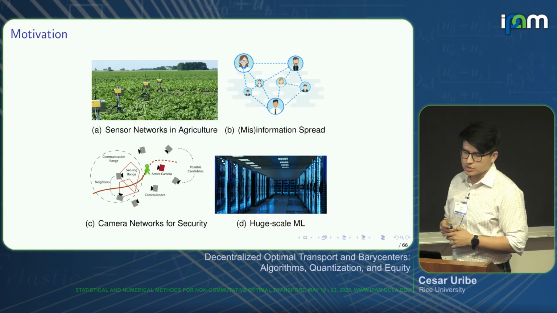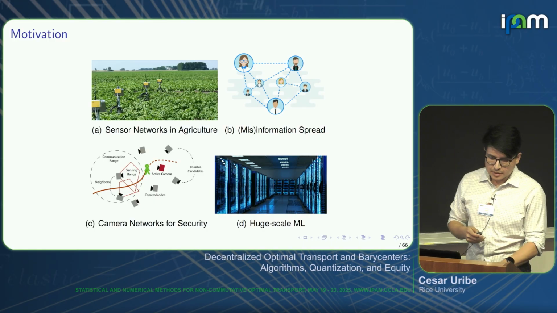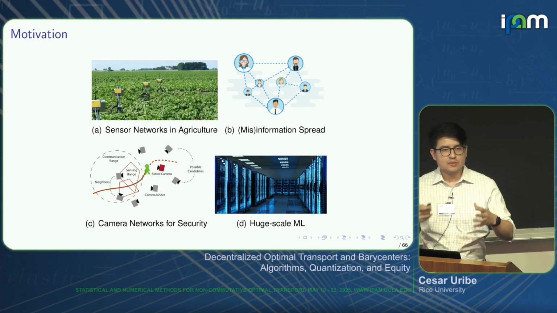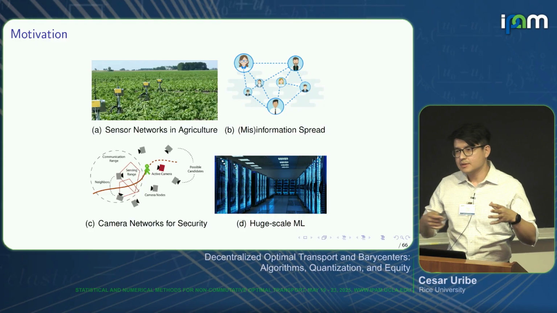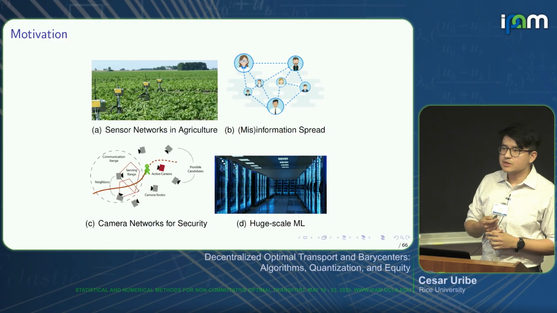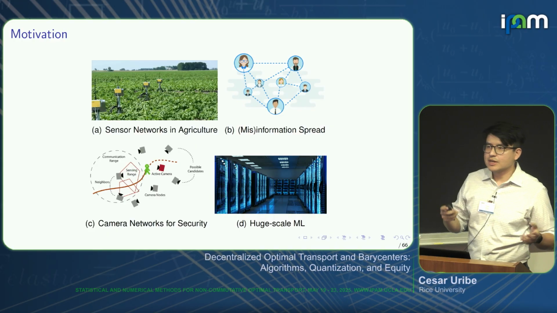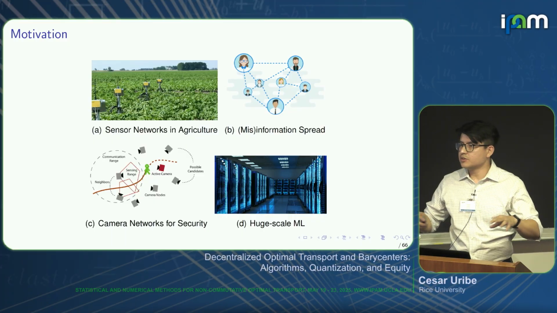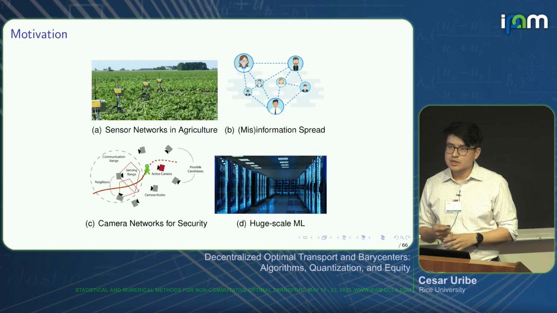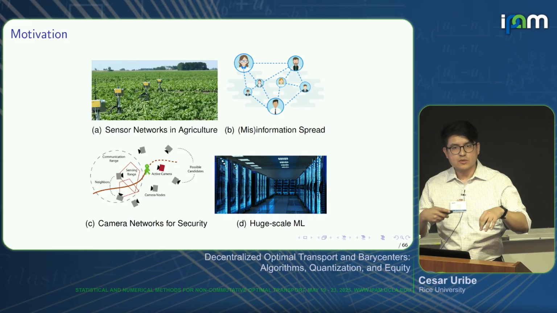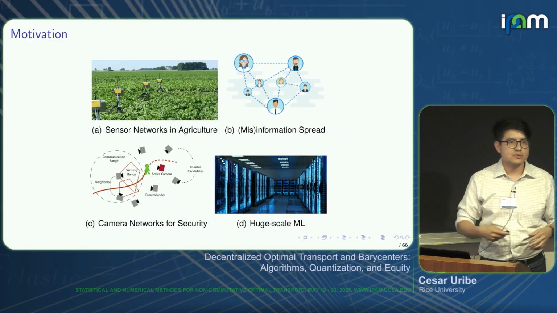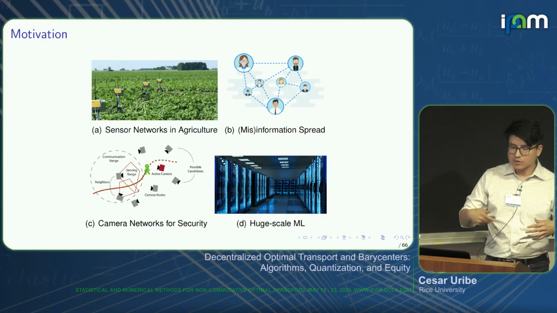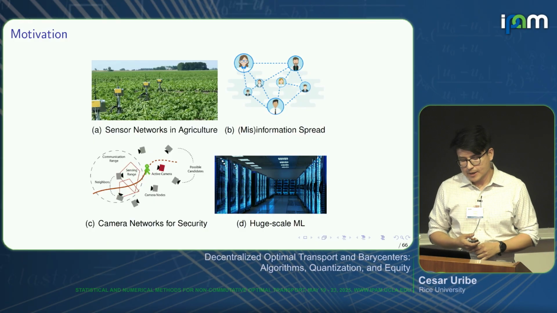Again, this is just a motivation slide. Many of the engineering systems that we work with these days don't come in a monolithic form. They usually come from connections or networks of many individual systems. Here I'm just showing 4 classical examples of these. One of them is precision agriculture, where you have multiple sensors measuring properties of the soil, and they need somehow to cooperate and exchange information so they can execute optimal irrigation systems or optimal nutrient